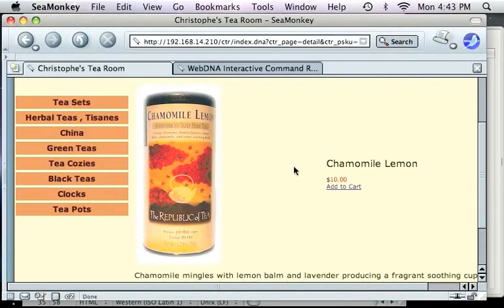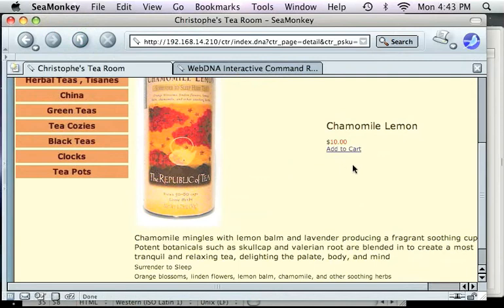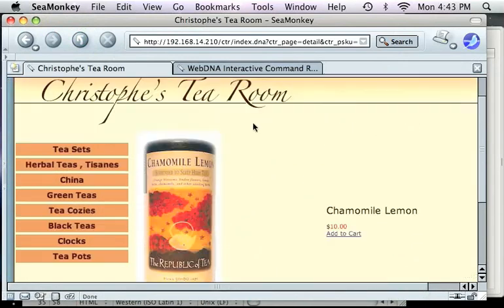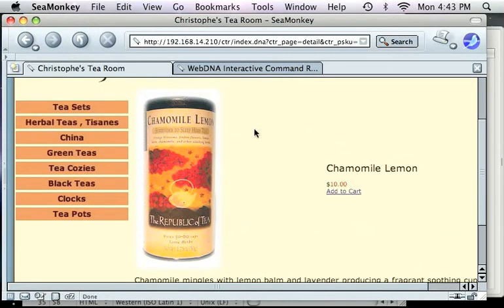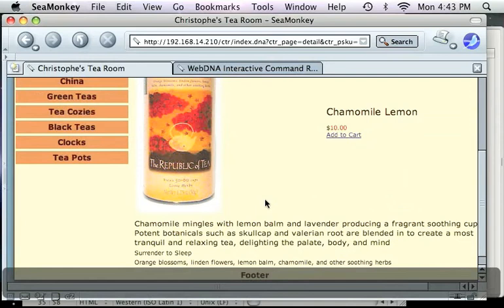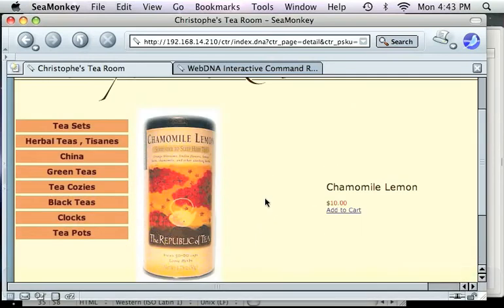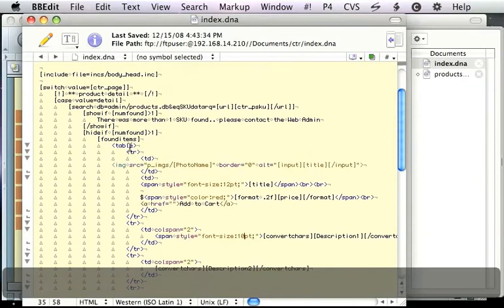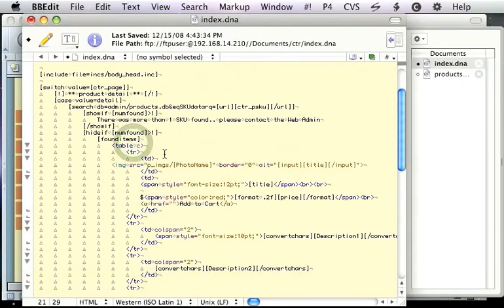Yeah. And it's oddly all the way to the right. So I'm going to do a little bit more formatting here so we can get a little bit better positioning with the tables. And then we'll move on to